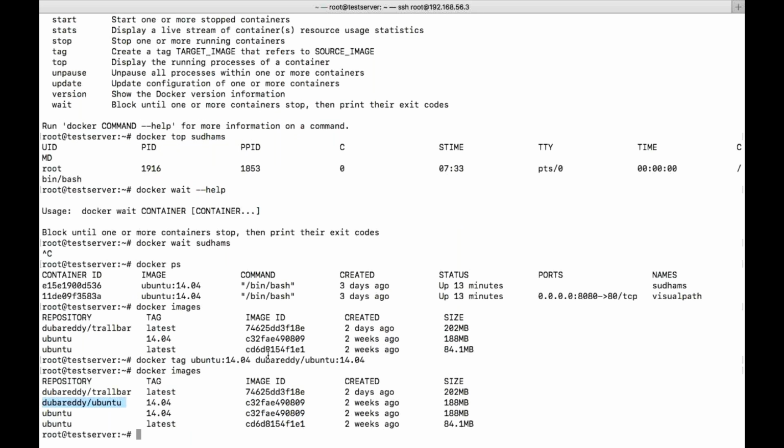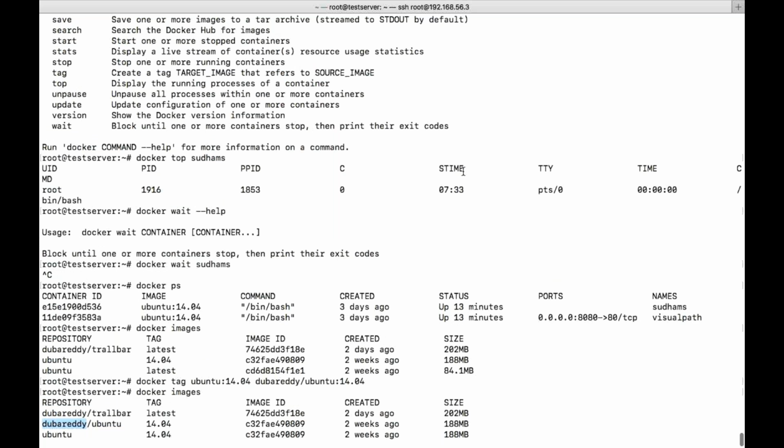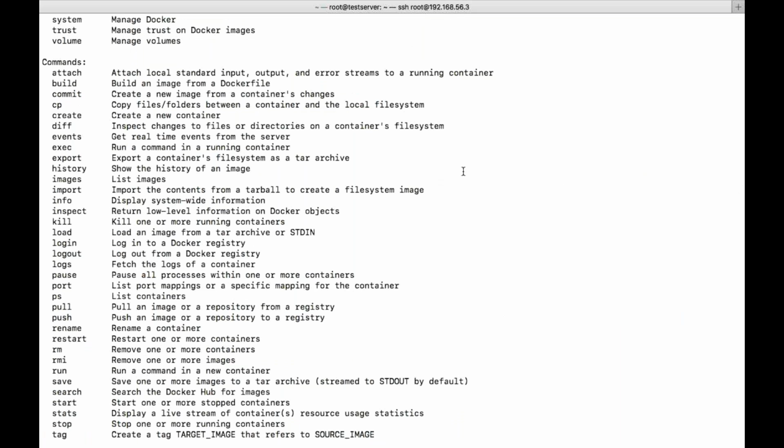Okay. So this will help you in order to upload the images to your own repository. See, if you want to upload the images to your own repository, then the name should be the login name. Okay. Here it should be the login name slash image name and then the tag. That is the representation we need to give when you are uploading the images to your own Docker Hub. Okay. So let me show you how to upload these images to my Docker Hub. So that is all about tag, nothing much. Okay. So just to create a target image from the source image, like a clone copy of it.